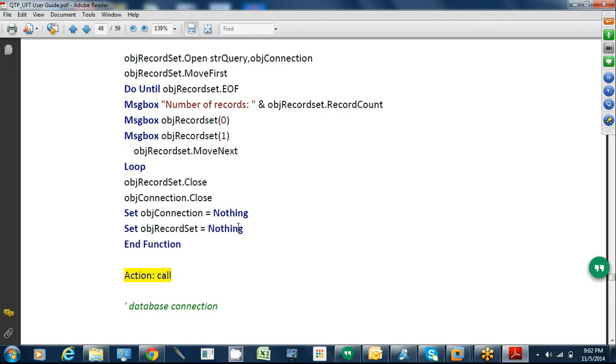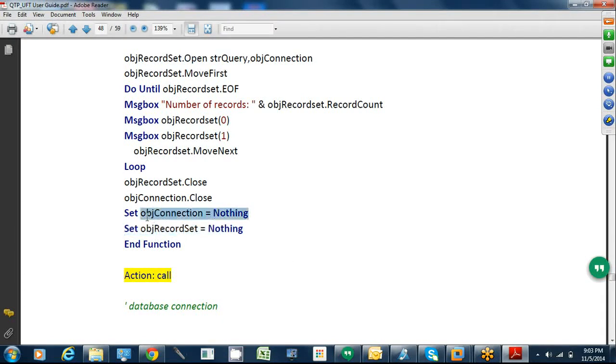Every time you create a variable, internally it creates some memory space for that variable. Only until you set it to nothing will it be completely closed, so that next time you run it, the previous memory will be completely erased. So that is good practice.